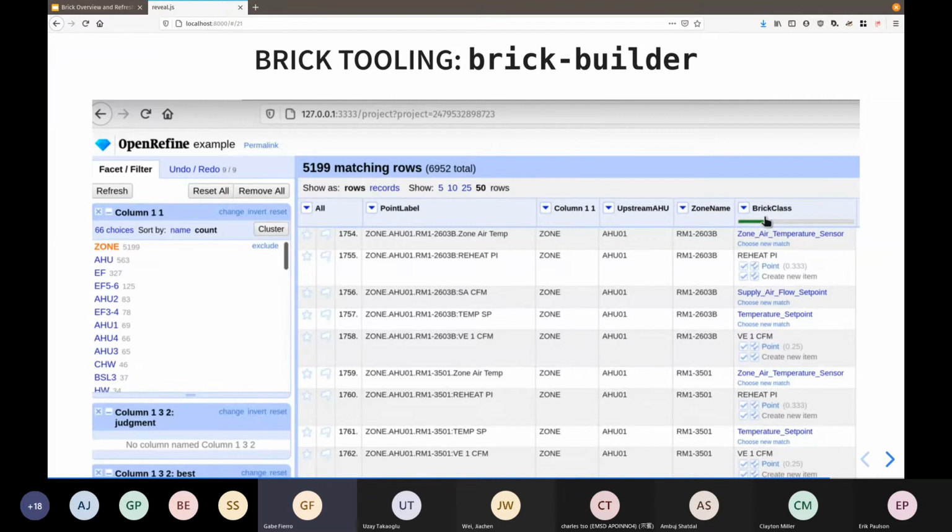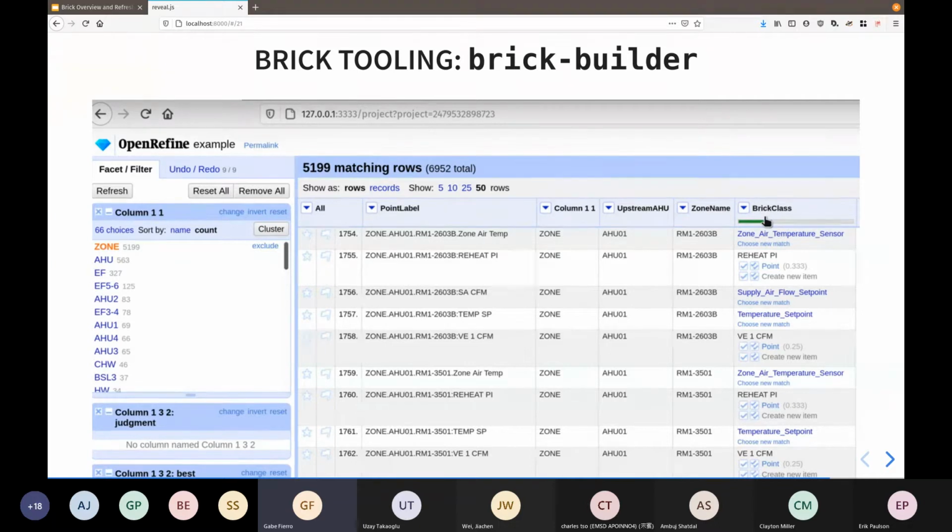And so we built on top of OpenRefine, which is a project from Google. It's now independently maintained. You can think of it as a sort of supercharged web-based Excel that you can just run on your computer. And it allows you to split up these labels, group them by similarity, slice them and dice them however you want.